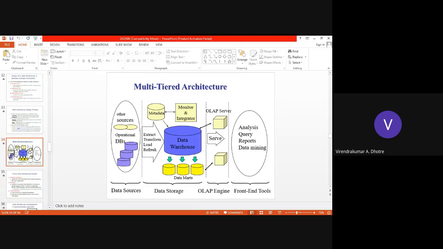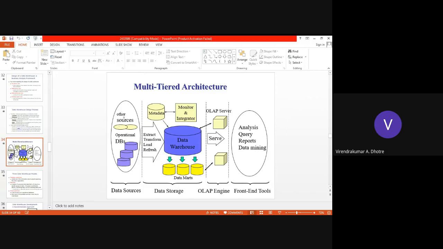We are thinking about the relevant information we should process, the needed information. So: data sources, data storage, OLAP engine, and your front end tools. This is how we are architecting the data warehouse models or design process.